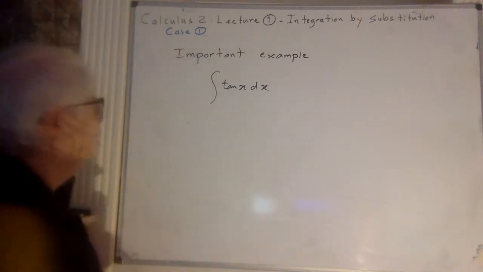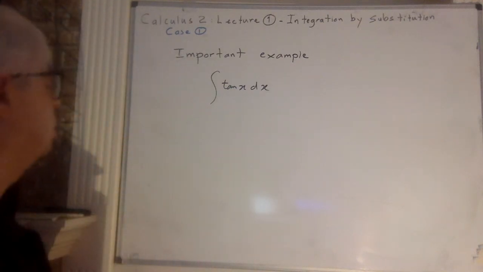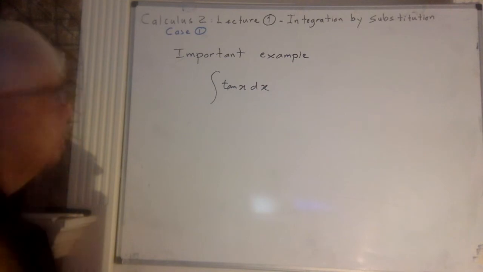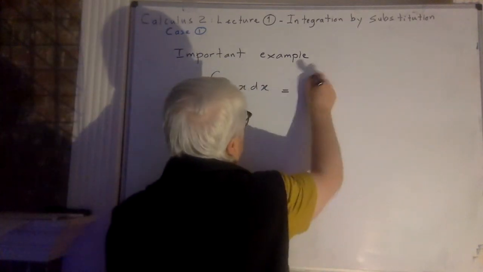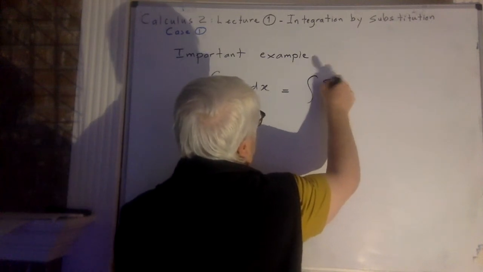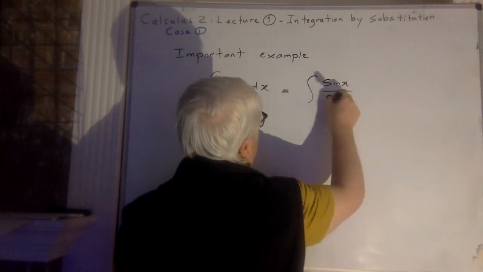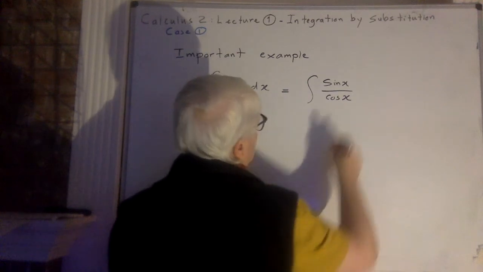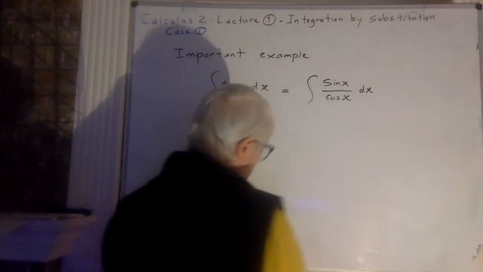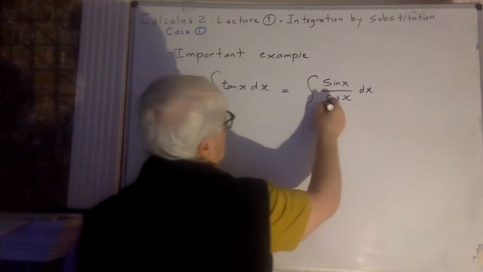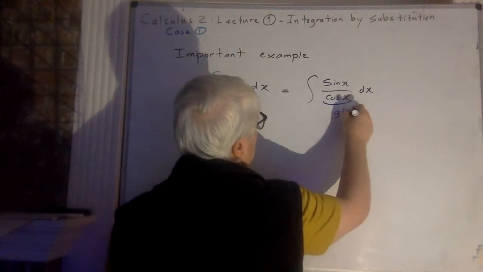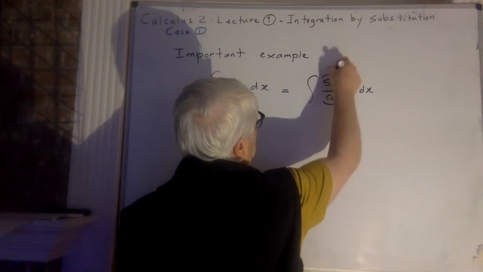Well, you might say, gee, I don't see any outside function or inside function, anything. Yes, but tan x is what? Tan x is in fact the integral of sine x over cosine x dx. Now what is this? This is like the g x,